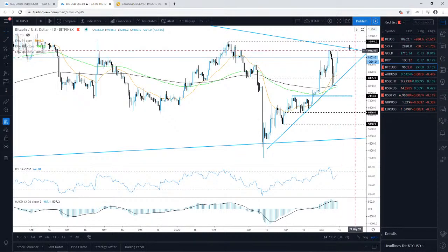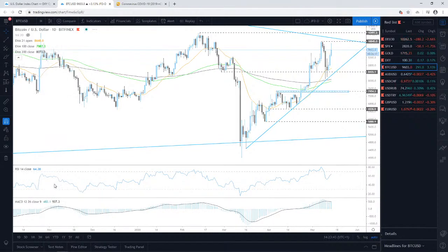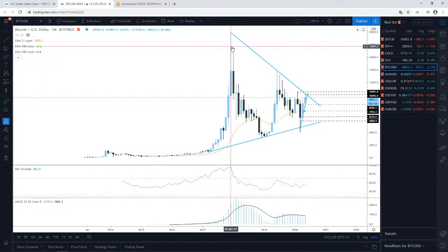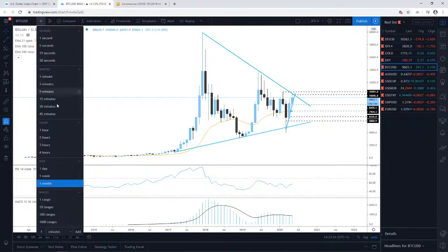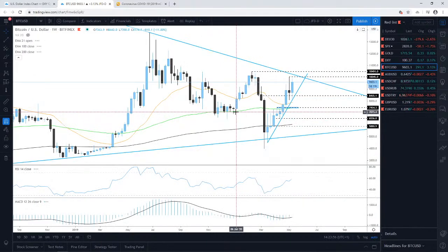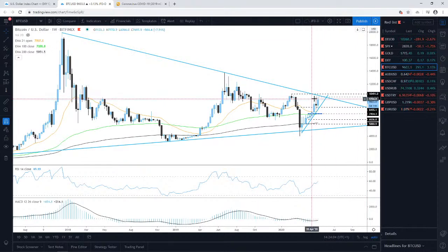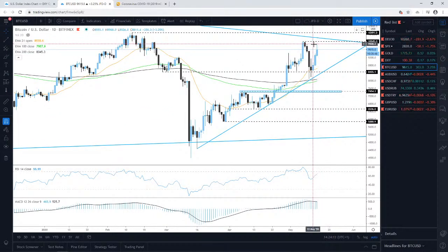Now it's going to be very interesting to see if we can actually break this barrier and go for higher levels. Let's not forget that we still remain below this downside line taken from the highest point of December 2017. So we are approaching this downside line, but we would like to see a break of it first in order to aim for higher levels. Until then, guys, we'll probably remain somewhat neutral, and we'll continue observing the price action here, because we don't want to get caught out, and that's why we will take a bit of a conservative approach and wait